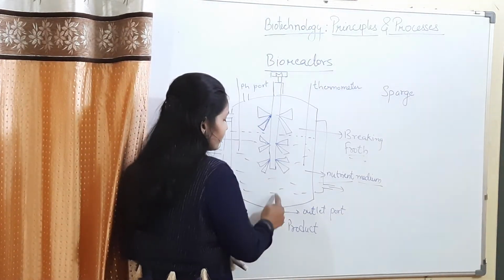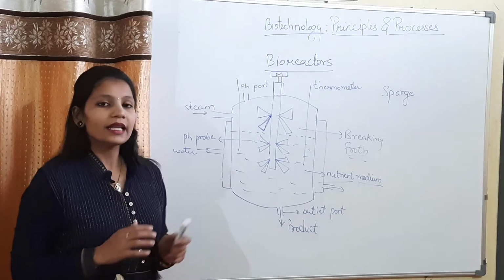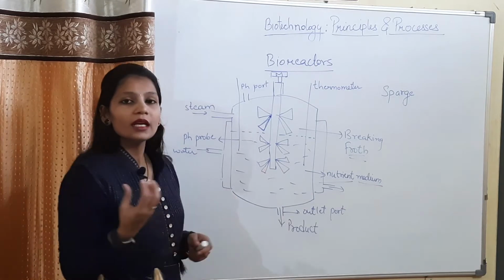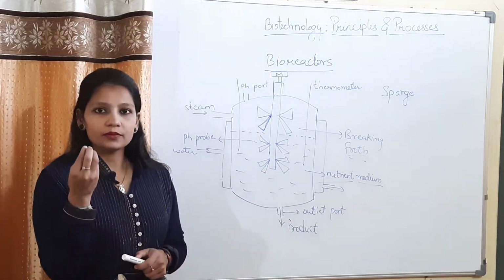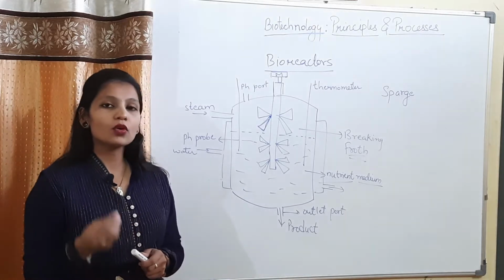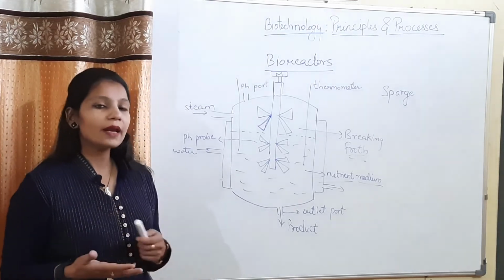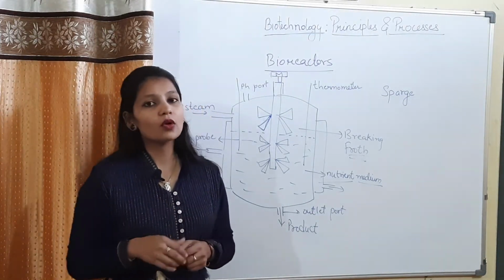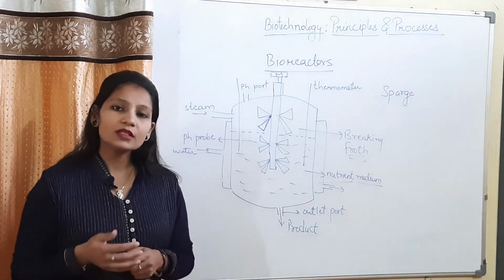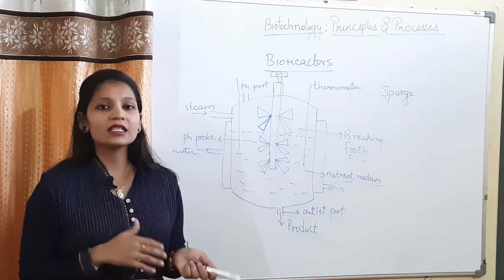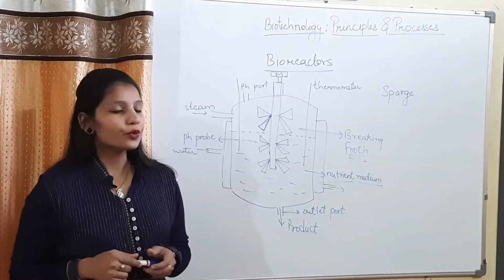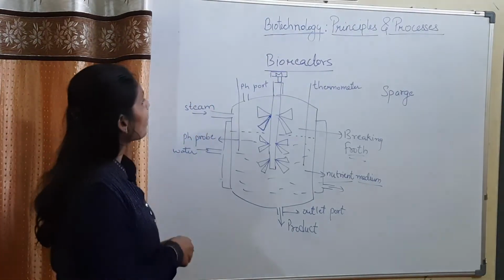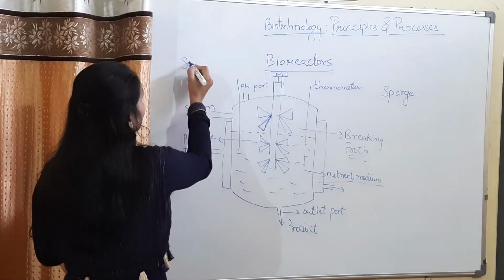Once we check that the product we are getting from here is good, the system keeps on working. We keep on adding the inoculum. Inoculum is what? A few recombinant or transformant bacteria or host organisms, and then they multiply, and along with the multiplication of the bacteria, the gene of interest will also be multiplied. And if the gene of interest is multiplied, by the process of transcription and translation we will get the desired protein, which we can obtain from here. So this is all about the stirred type of bioreactors.